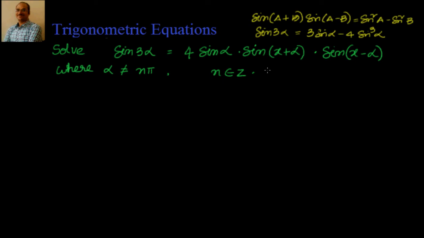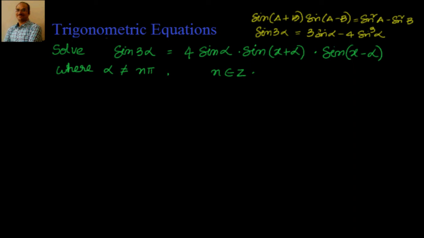Okay, right. So before proceeding with this problem, there are a couple of formulas which we have to remember. One is sin 3a, which we know equals 3 sin a minus 4 sin cube a. That's one formula which we'll remember. And also there is sin of a plus b times sin of a minus b. If you multiply that, you can see that it's nothing but sin square a minus sin square b. And also you can see that sin 3 alpha, when I write it as 3 sin alpha minus 4 sin cube alpha, I can take sin alpha common. So that way we should be able to simplify that.